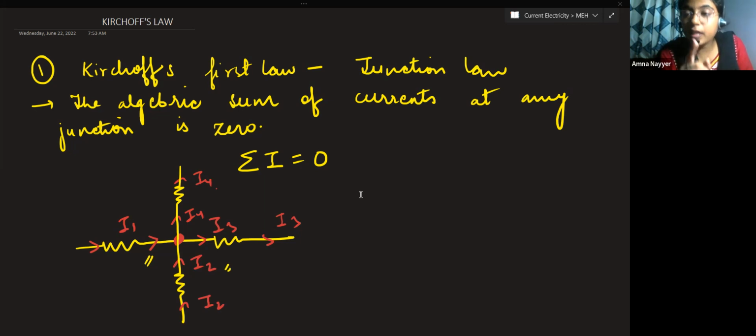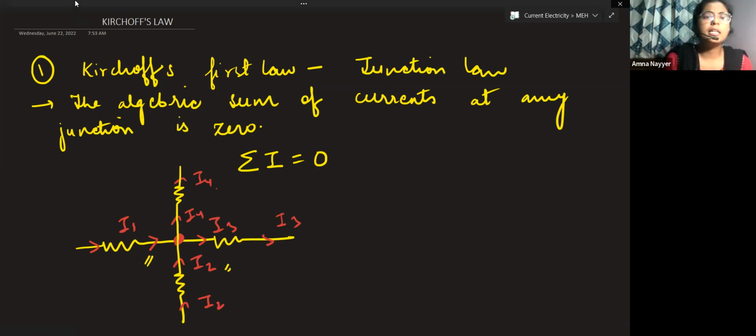And this property will be helpful for solving your questions. Questions you all will be able to solve. It's just that you should know the basic sign conventions. Otherwise, Kirchoff's law, we'll directly do the questions today. Today only we'll see the questions. Now,